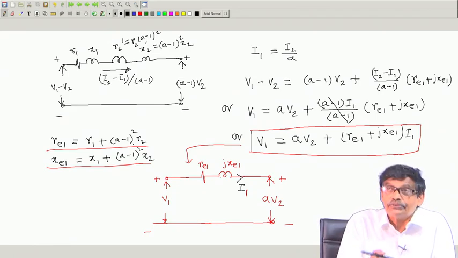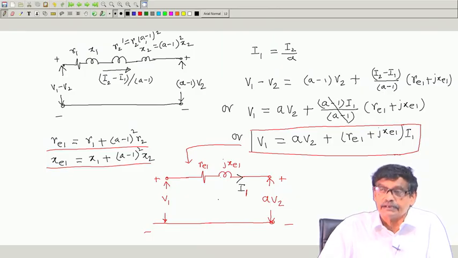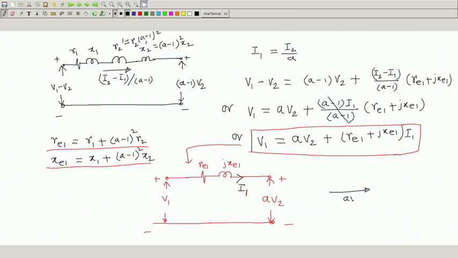So, this is the thing that one has to remember, at least with reference to primary. If you draw, then the equivalent circuit will be like this, and then after that everything is fine. You can draw the phasor diagram: start with A V 2 here, A is a scalar number, this is also the direction of V 2, then draw I 1 and then draw these drops, add, and you get V 1. So, this is how the equivalent circuit of an auto transformer can be drawn or obtained.